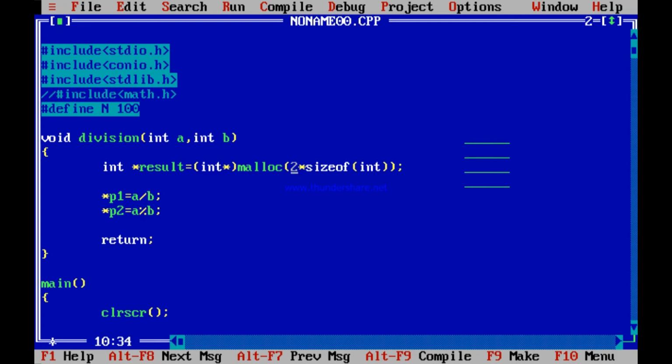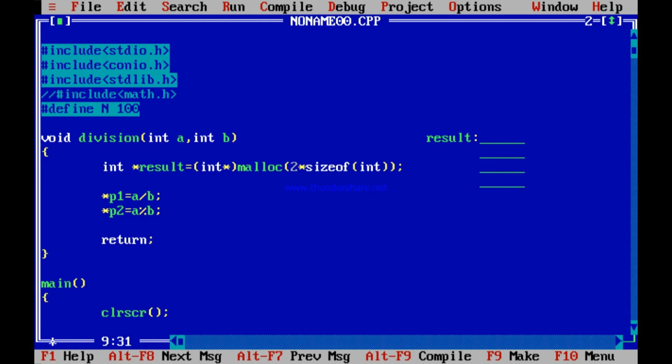So you have allocated space for 2 integers, 4 memory locations, and the starting address that malloc returns, you receive in result. So this address is basically an address called result. Is it not so? Okay, so this is the address called result.